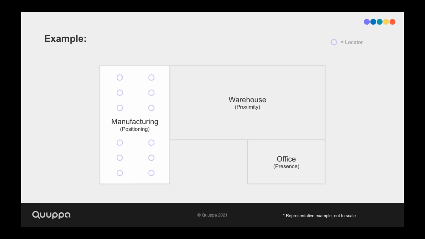Within that manufacturing floor, we have a high density deployment where tracking of business critical assets is enabled, as well as, for example, collision avoidance between forklift trucks, and also enables, let's say, navigation for automated guided vehicles or AGVs.